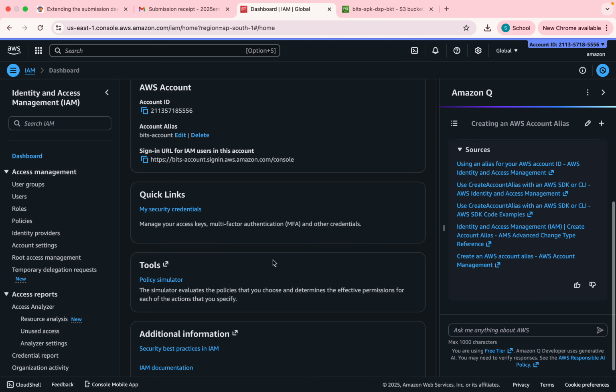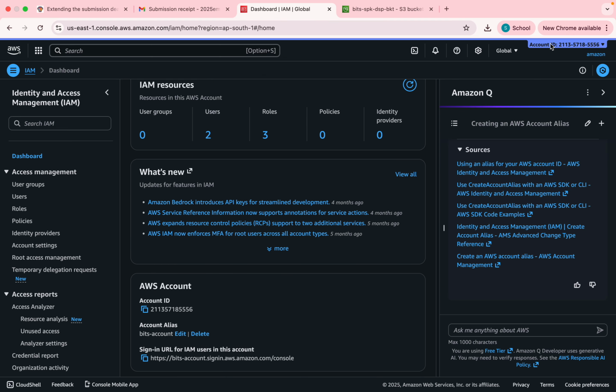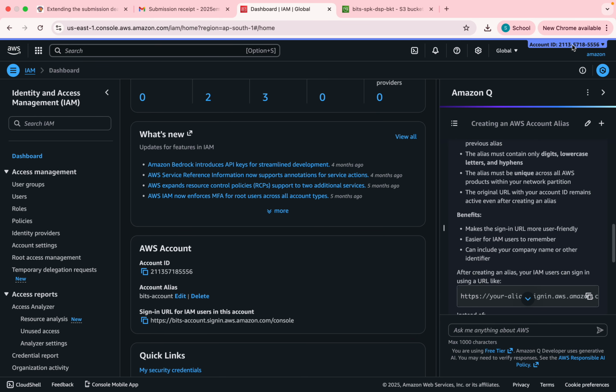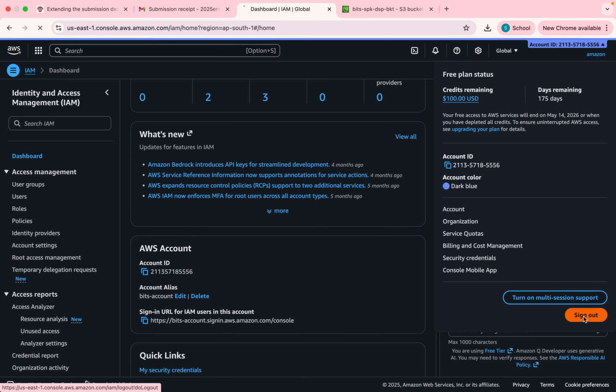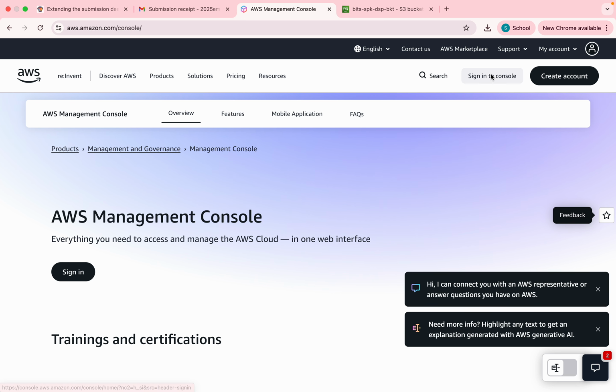Now, once I do that, I created an alias for it. That means my main account, and I created a test user as well. These are the two activities that I performed. I'm just reiterating that so that it's there at the back of your mind. And I'm going to log out from here. Now, when I log into the sign-in console,